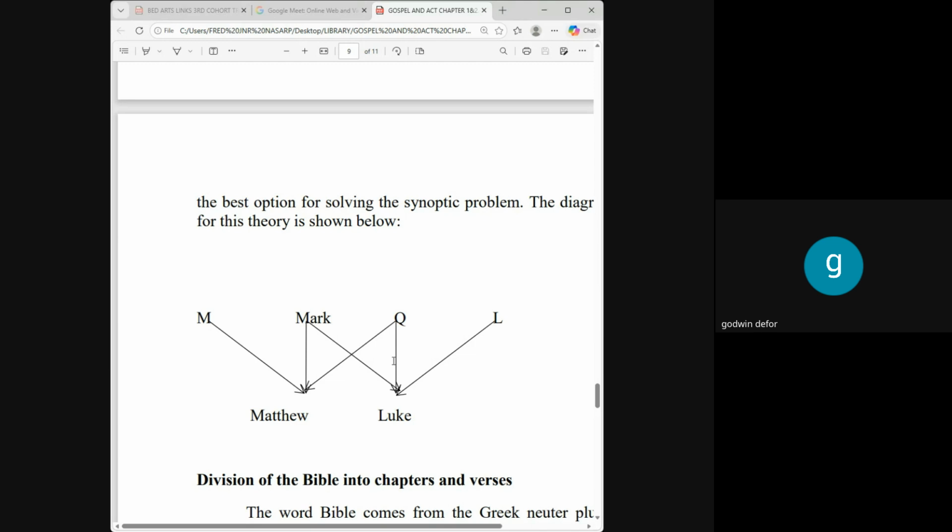Now, when you go to Luke, you see an arrow coming from Mark to Luke, meaning that the author of